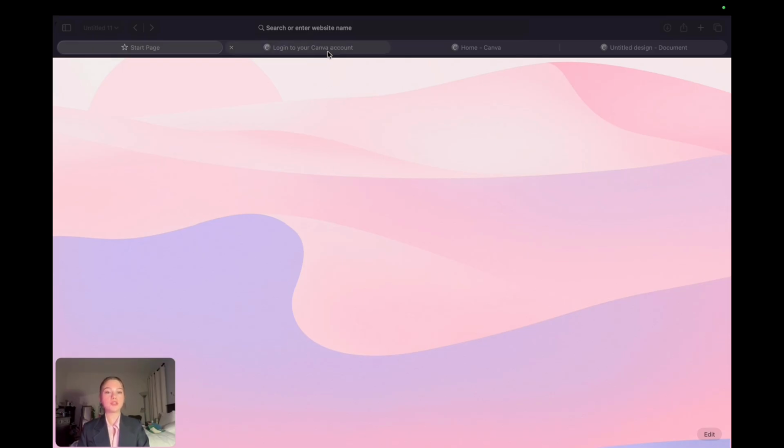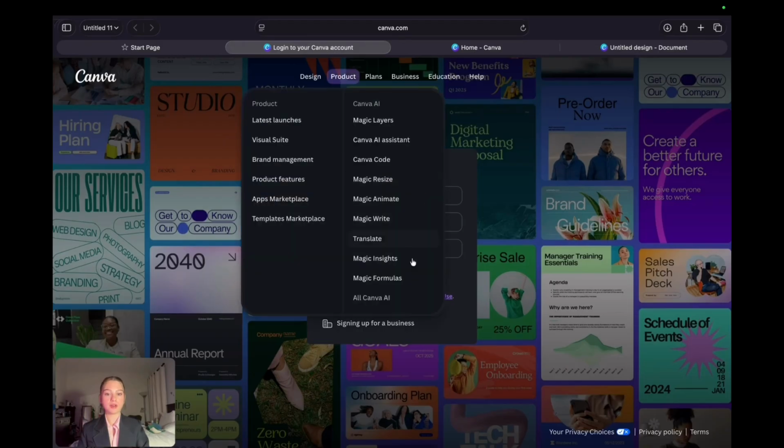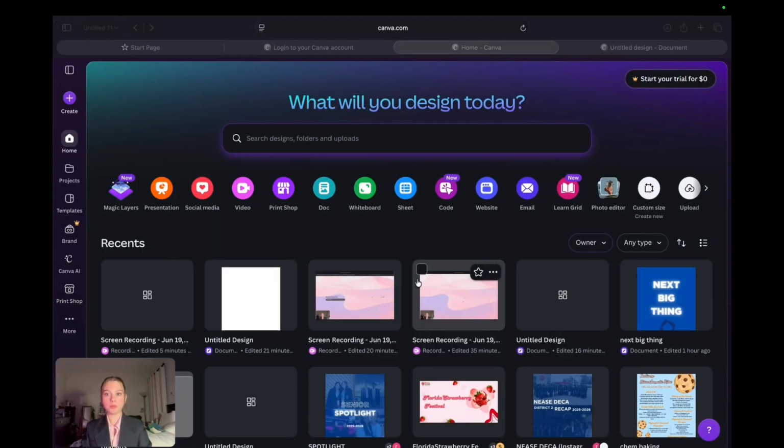First, open Canva through either the website or the mobile app and make an account. Once you're signed in, you will see this home page. Here, you can see a sidebar of features Canva has to offer like design templates and Canva AI. In the main section at the bottom, you can see all of your previous designs and go back to them